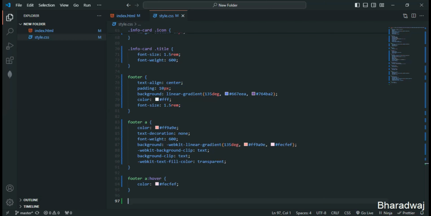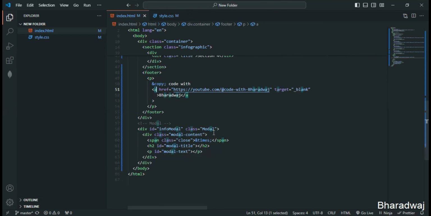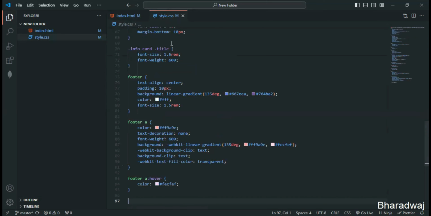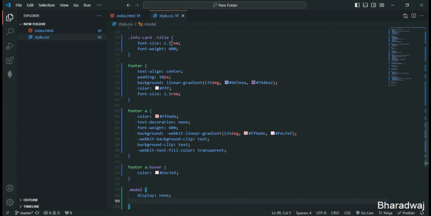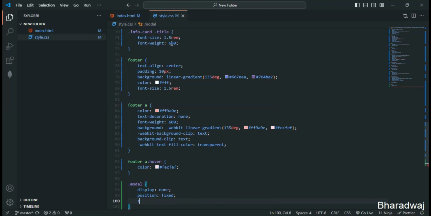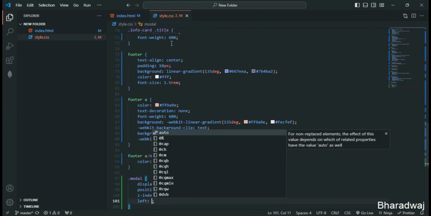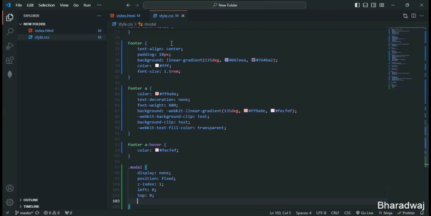So next, let's type for the modal. So I'll just come here. Let me copy this one. So class of modal, right? This same, I'll just make this one small m. I'll just copy this one. So I'll just give display none, position fixed, z-index of 1, left 0, top 0,